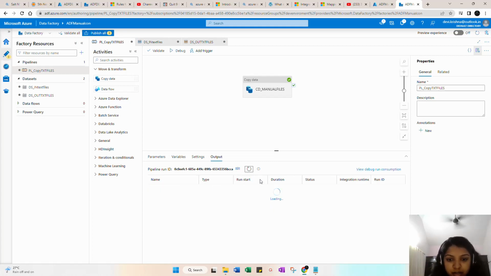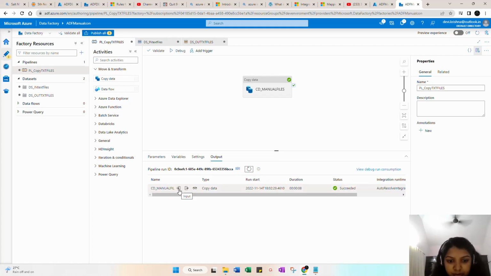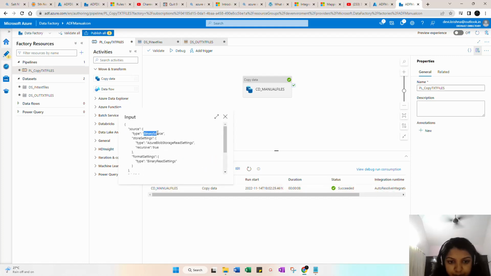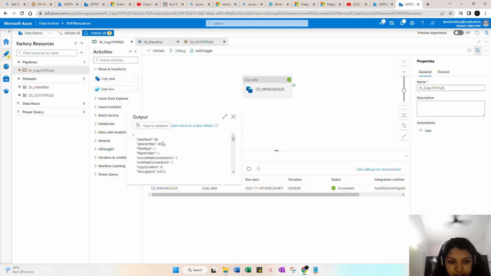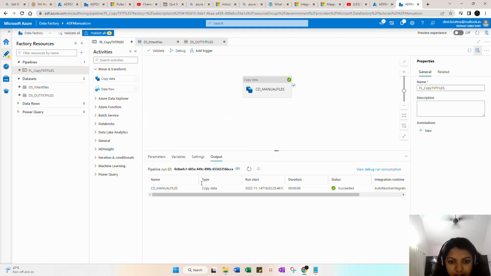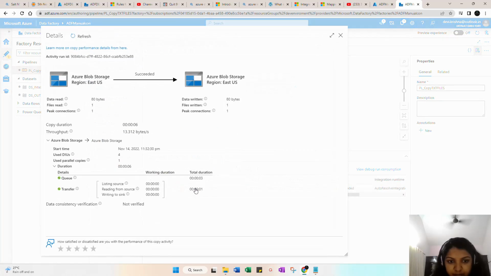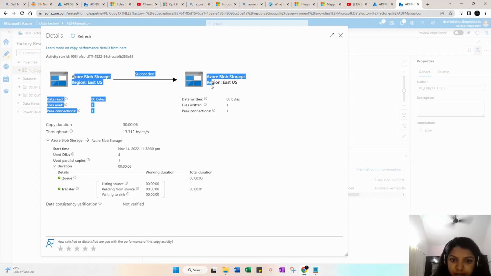So it is success. Then you can see the output, binary source true, binary reading, everything here, and the data written. And when you click on this specs icon, you can see data read 18 bytes and data written 18 bytes. That means the data was successfully transferred from here to here,